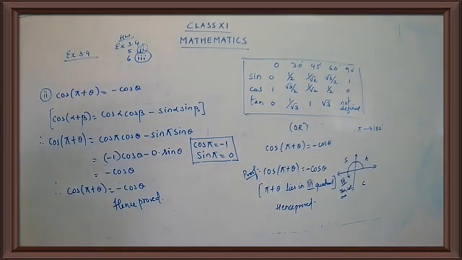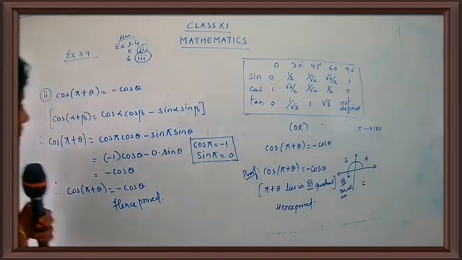Now let us go to question number 7, children. The question was: find a quadratic equation whose roots are sine 15 degree and cos 15 degree. Very interesting sum. We have already done this type of question in our 10th standard. We found a quadratic equation when some numbers were given. Here, instead of numbers, they have given some functions: sine 15 and cos 15.